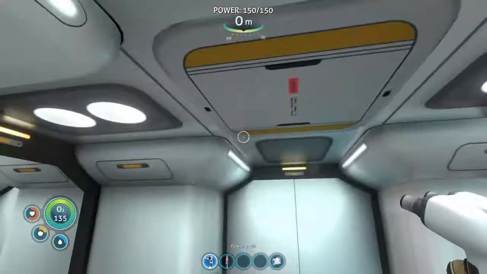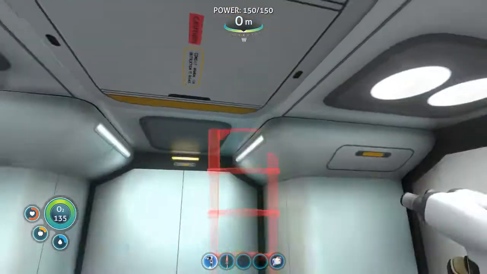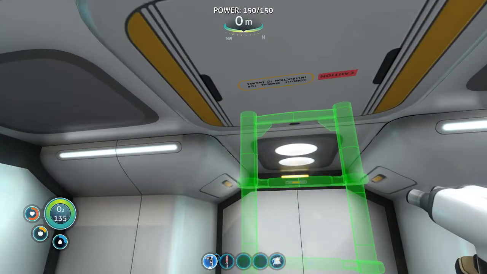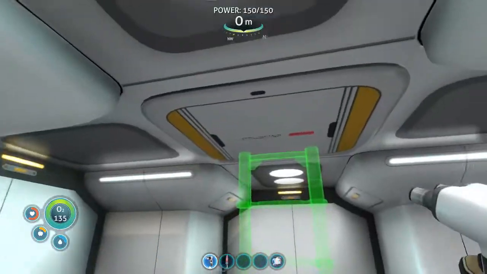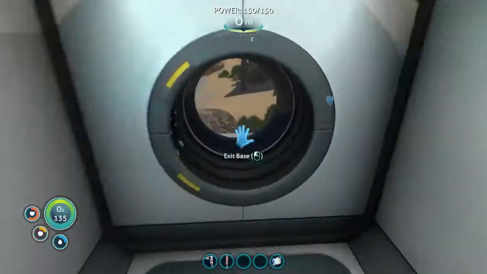I wanted one below, but now to connect it, you have to build a ladder. Same thing, glass or regular, it doesn't affect what you're doing. You can place it here, but we can't place it underneath. So this could confuse a new player as well. Why can't I put my ladder underneath? So if we look here,